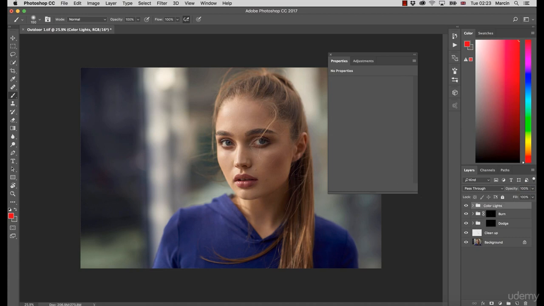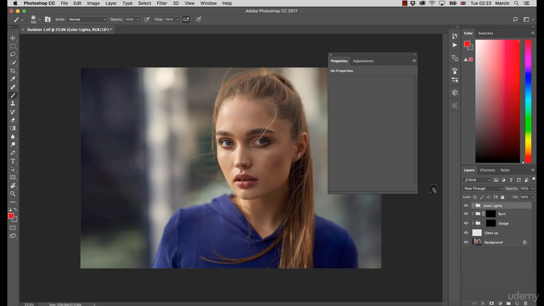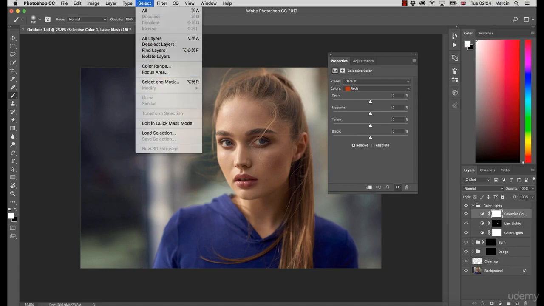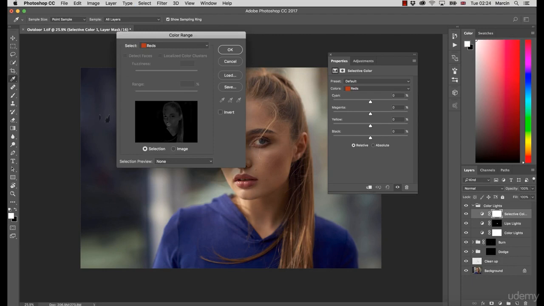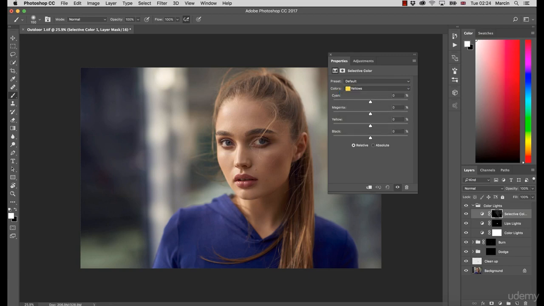Of course, what you need to pay attention to, what you need to remember, is that it's a very soft change, that there are many creative ways of using colors and light, and also you can work in different ways. For example, something I didn't show you is working with selective color, and to support yourself you can work with color range. For example, if I need to work with yellow color, color range would work just perfect for this. It picks up automatically where we have the amount of yellow colors,